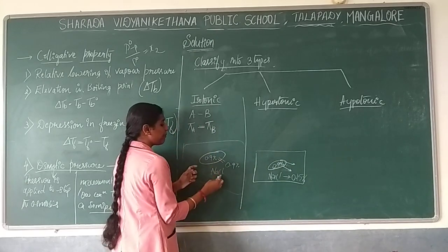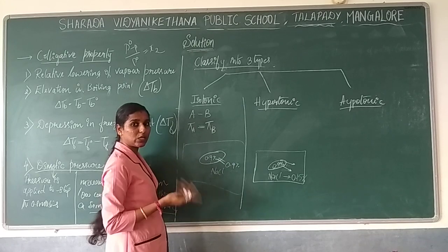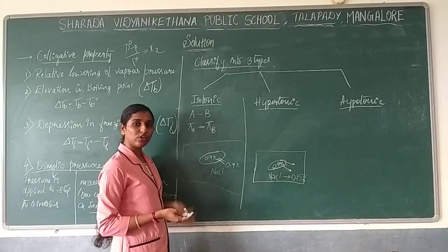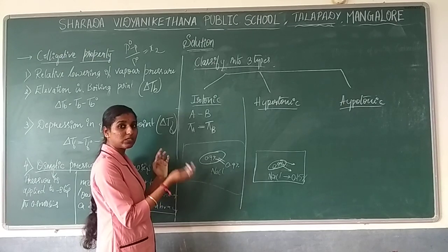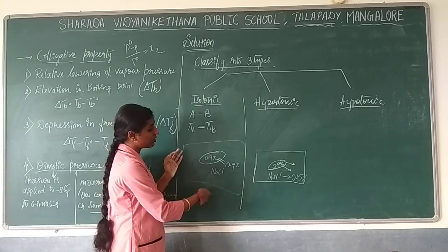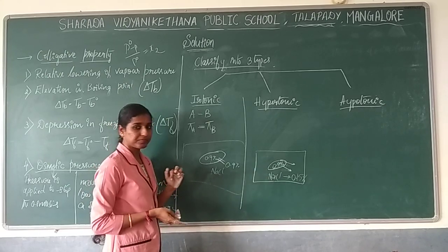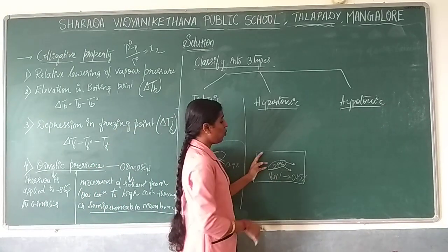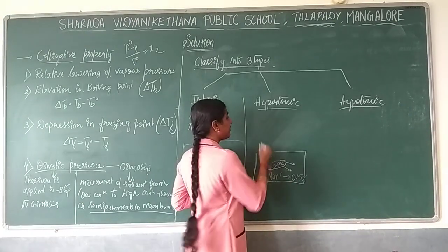But here what will happen? This one already has the same osmotic pressure, it is equal, so now it is in equilibrium. It will not go for the osmosis procedure only because both concentrations are the same. Whatever solutions we are taking, both will have the same osmotic pressure. So here one of the solutions has higher osmotic pressure than the given solution.